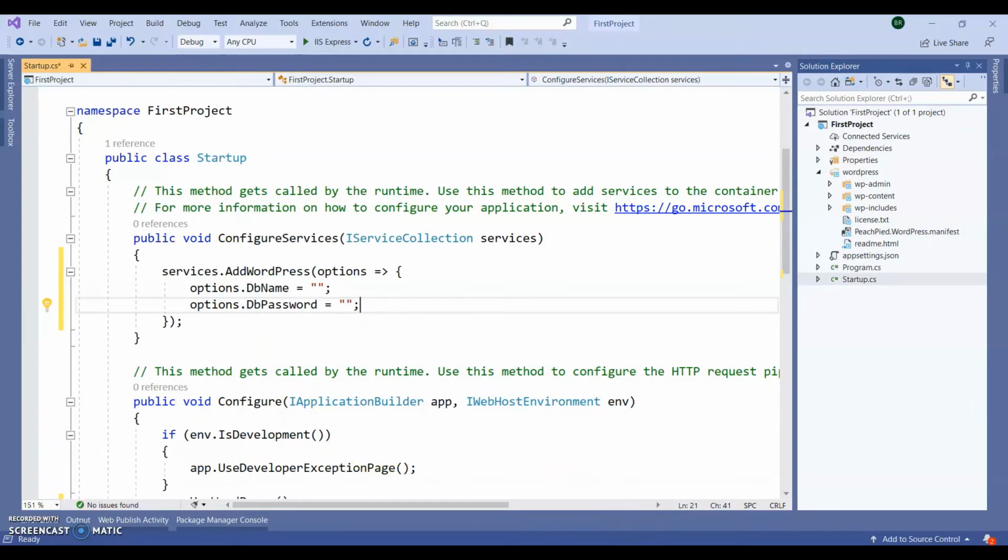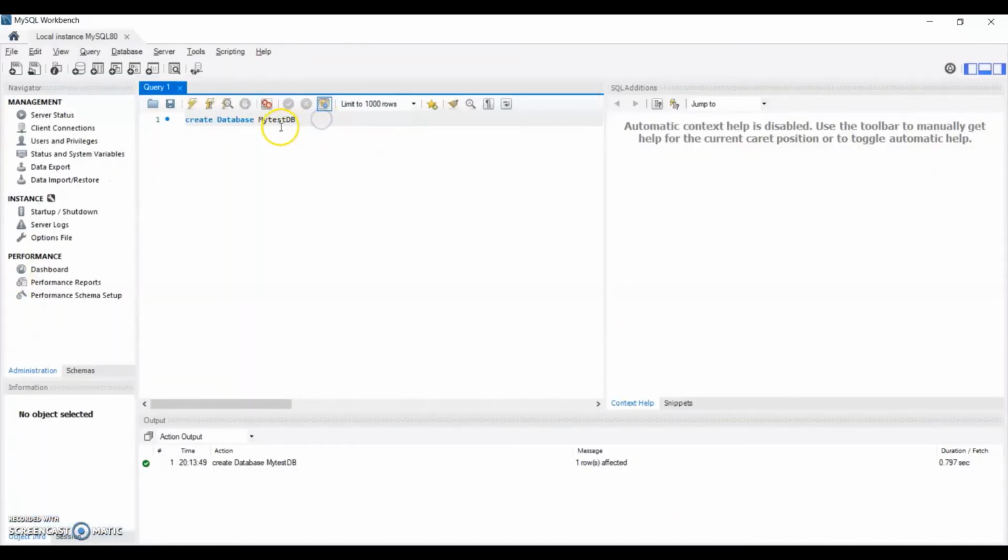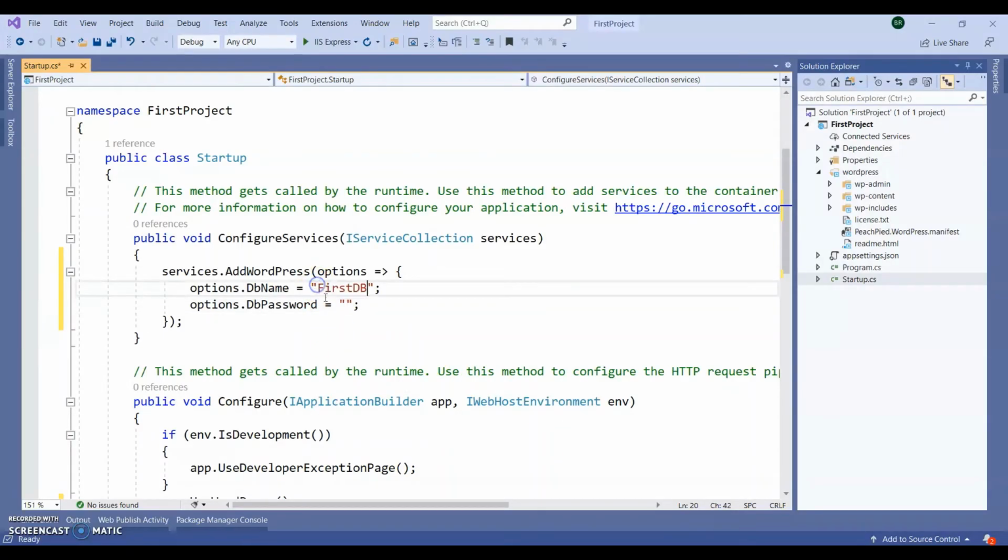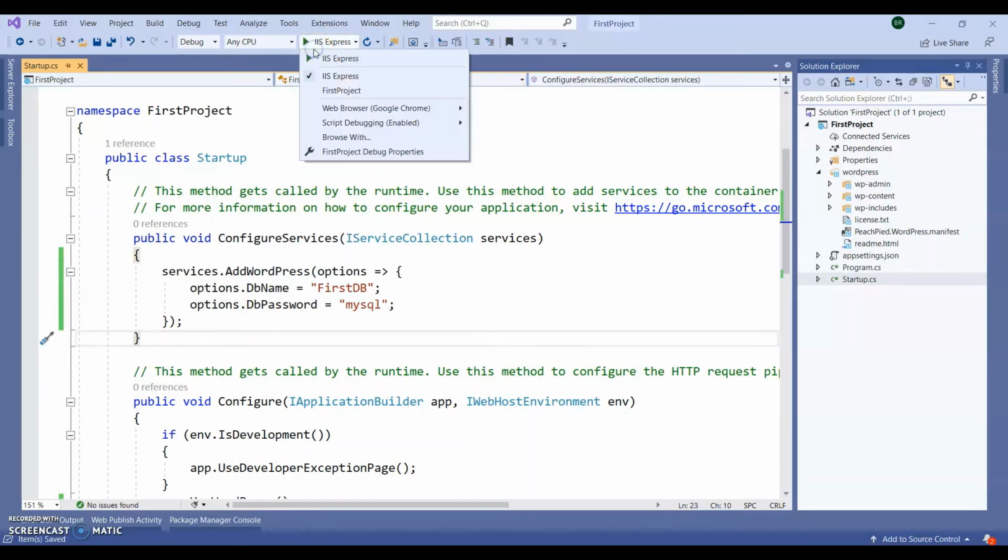So let's go to our database and create one DB name. Let's say I'm giving first DB, create this one. So my first DB has been created and my password. Now everything is set up. Let's run the application.